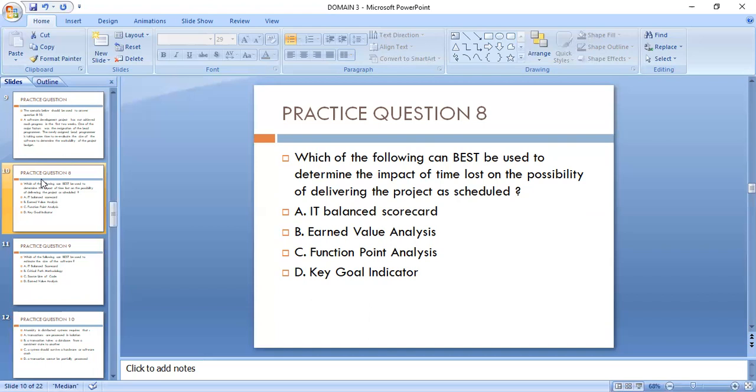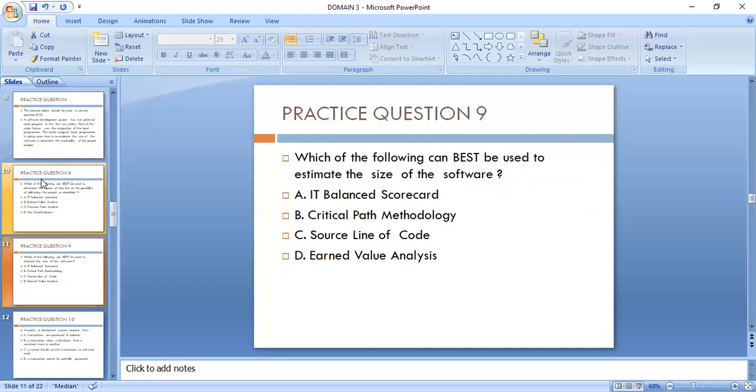Okay, so the B is the answer here. Question 9. Which of the following can best be used to estimate the size of the software? A. IT balance scorecard, B. Critical path methodology, C. Source line of code, D. Earned value analysis. Okay, I'll explain. Earned value analysis is used to determine how well we are spending time, how